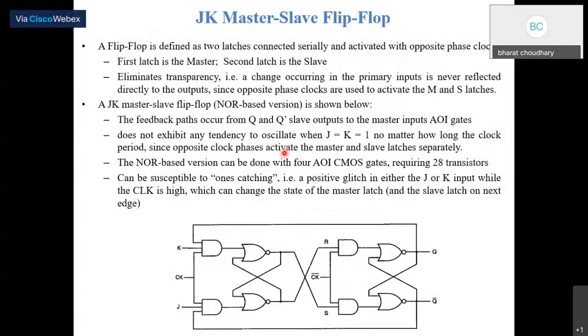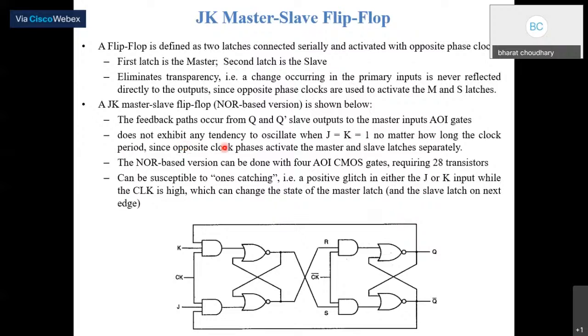This is the master slave flip flop. By using this master slave configuration, such a condition will never arise, because we are using an edge triggered clock. The feedback path occurs from the Q and Q bar slave outputs to the master input, and that